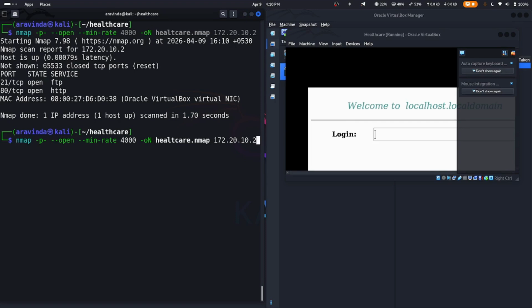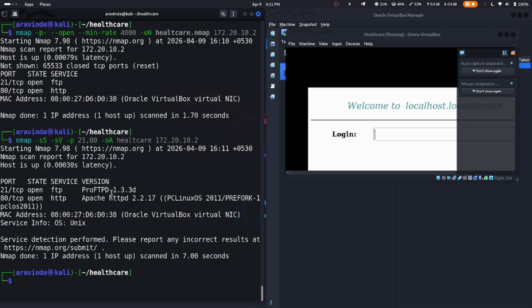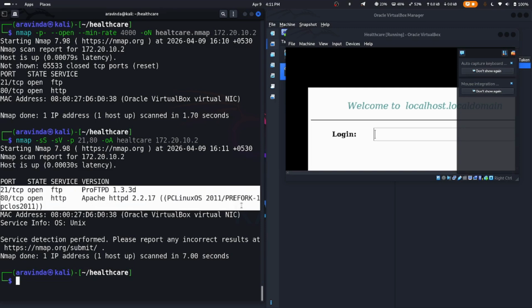Now let's do another nmap scan, which is for service version as well as default scripts. Let's do a stealth scan, -sS -sV for service version as well as service detection, and let's specify the ports as 21 and 80, and we do output in all formats, and we name the file healthcare, and we give the target IP address, and we hit enter. So the nmap is running,